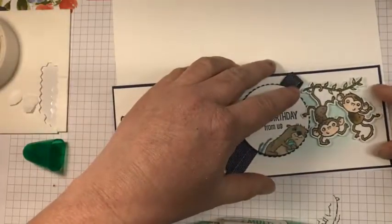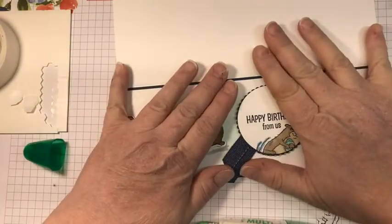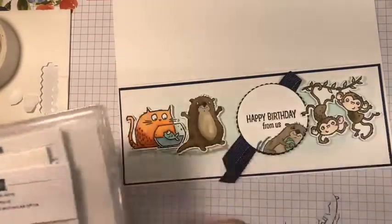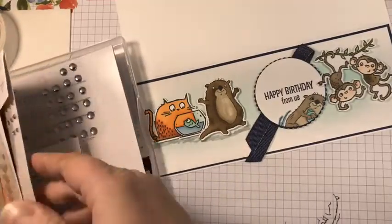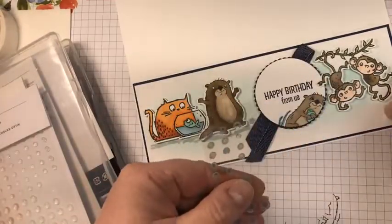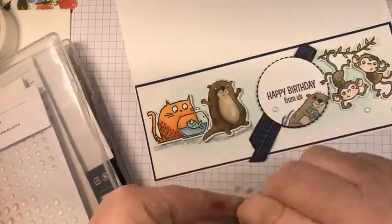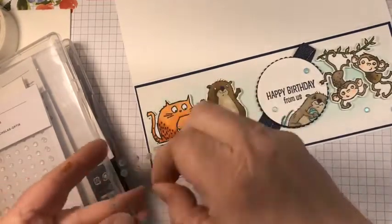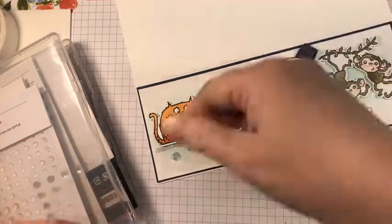All right, and he goes here. And then I'm going to... I think for this guy, I'm going back to my favorites. Which, yeah, these sequins. I love these sequins, and I think they would be really cute scattered all over my card, here and there, because if it's a birthday, it's kind of a party, right? 1, 2, 3, 4, 5, 6, 7...